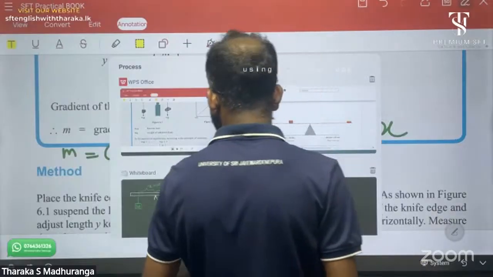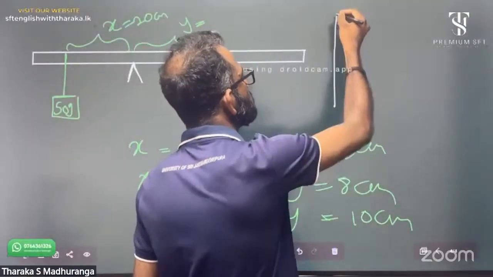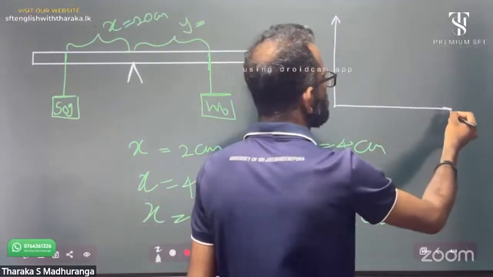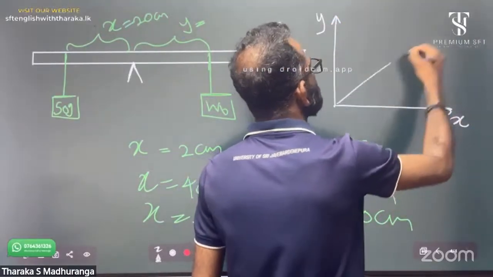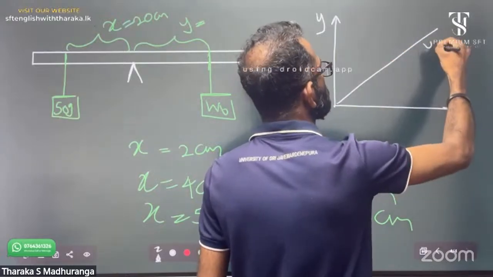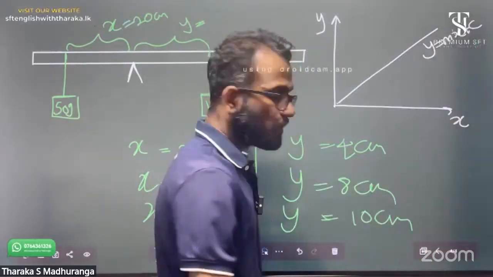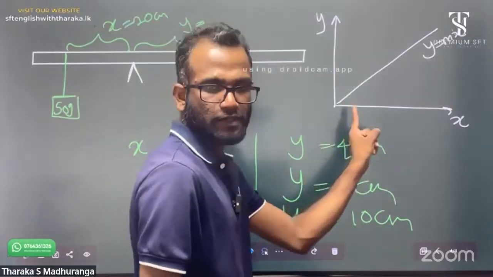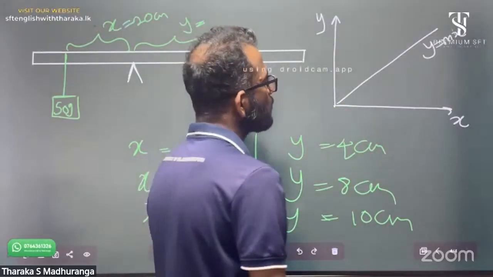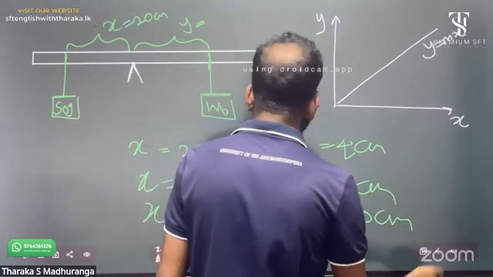Now according to this graph, according to this data, we can draw an x and y axis. It is simple. This is x and this is y. When we mark it, the graph is like this. That means a y equals mx plus c type graph. Actually y equals mx graph, because the c intercept is 0. Very important. Now you already know this type.